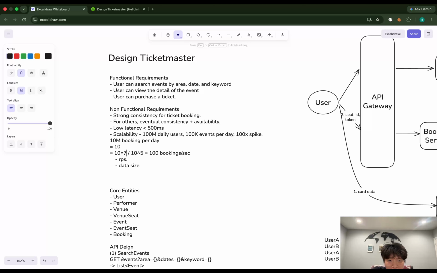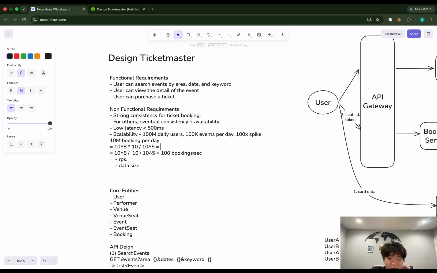Wait, so this should be 8, right? Oh, no, wait. So 10 to the 8 daily users, and each user makes 10 requests, so per sec